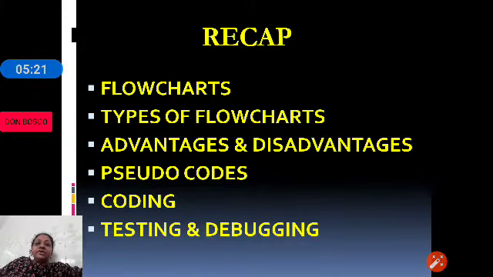That is called debugging. We also discussed the types of errors. There are 4 types of errors: syntax errors, semantic errors, logical errors, and runtime errors.